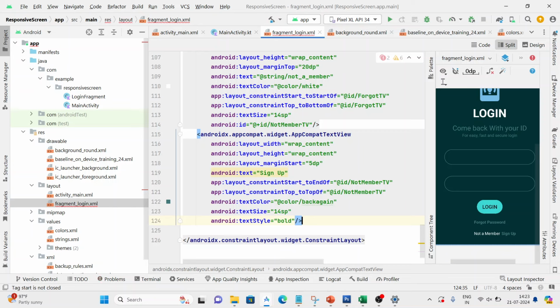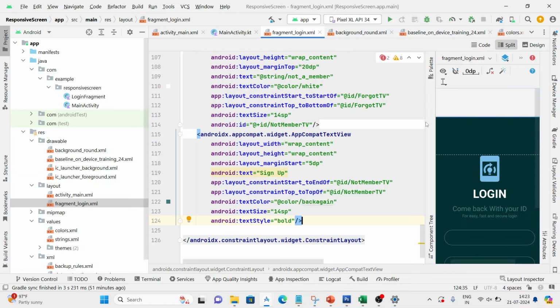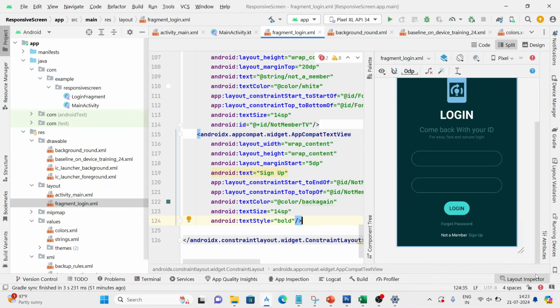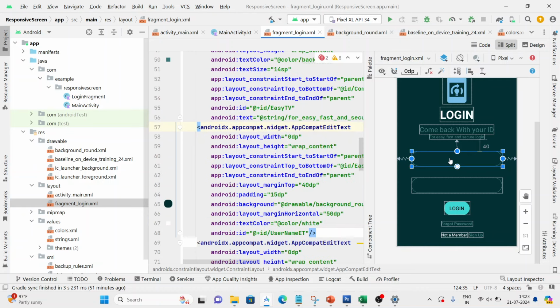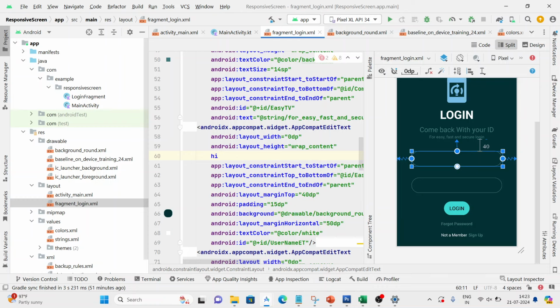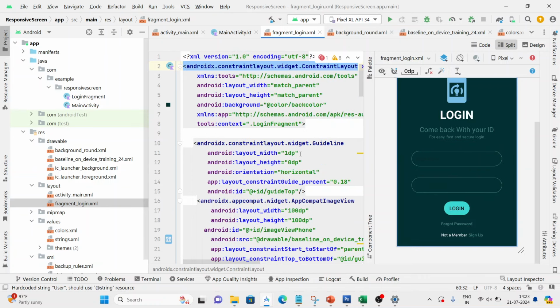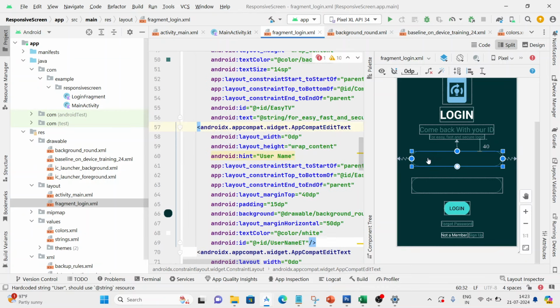Use this, and here is the final design of our screen. Let's see it. Here is the final design of our screen. I can also specify some hint here in the edit text. Let's enter one hint here. Hint: username, and the color I'm taking it as a